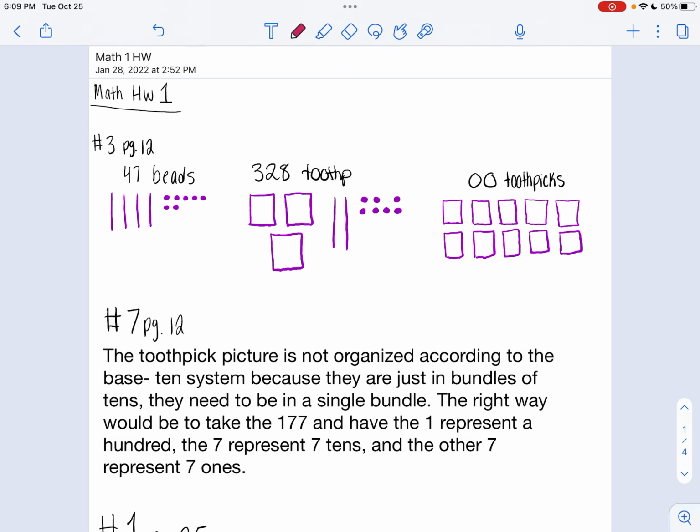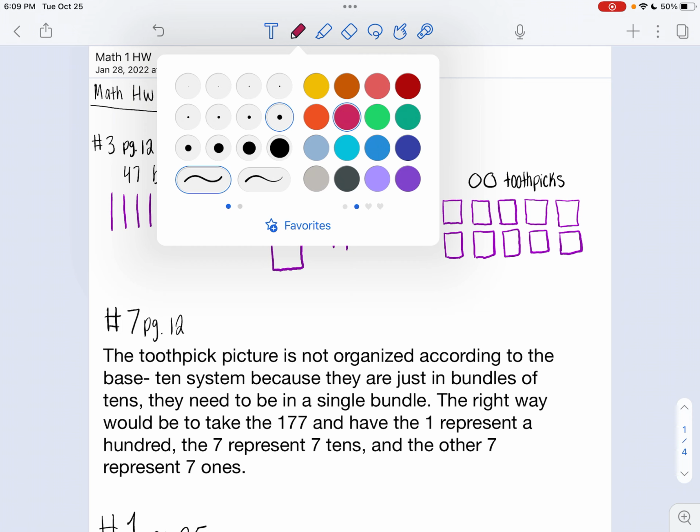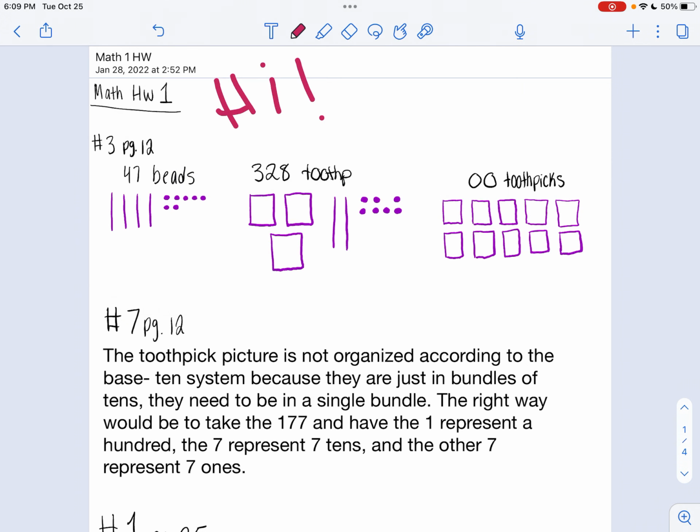This next one is the most popular one, the one you'll probably use the most. It's the writing tool. So you can write whatever you want on it. You can change the thickness or thinness. You can change the color. You could add colors if you want. So it's really cool. And this is great for if you like to color code your notes, which I love to do. So that's very helpful.